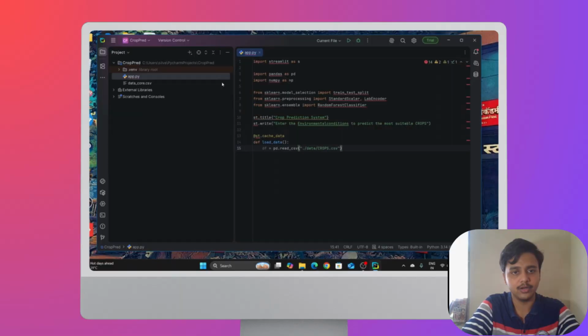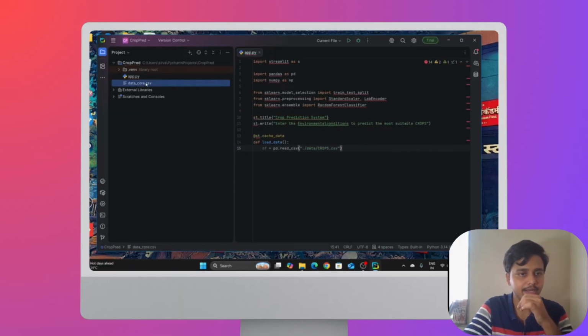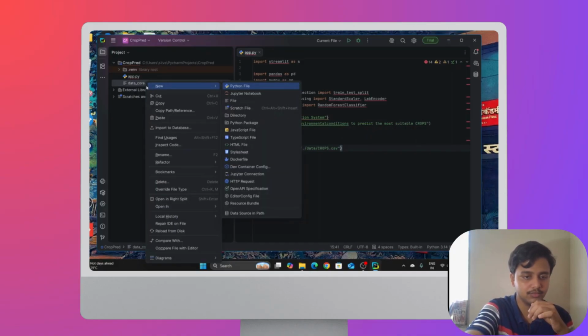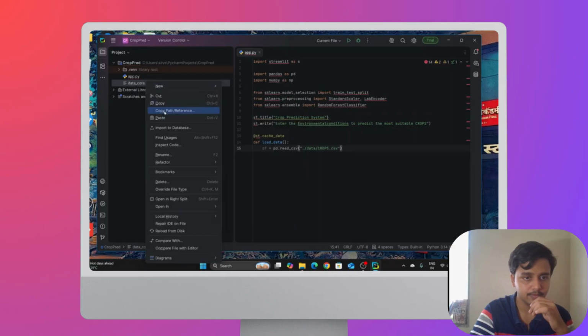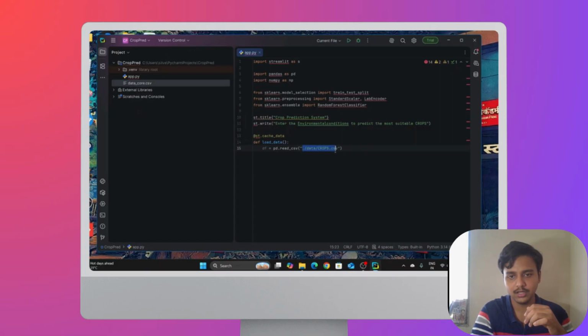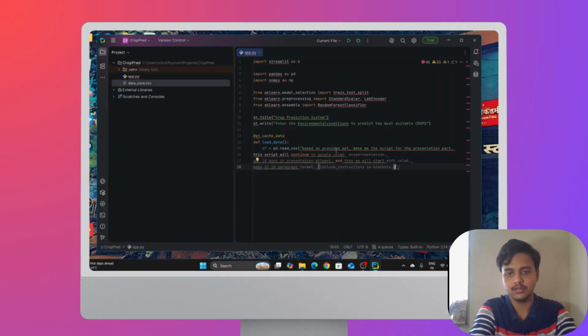From data, I need to import this particular file. So for that, I'll have to copy the path of this file. So copy the path, and from here, I'll have to paste it. Okay, sorry.